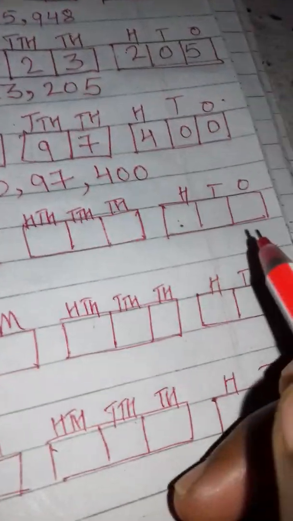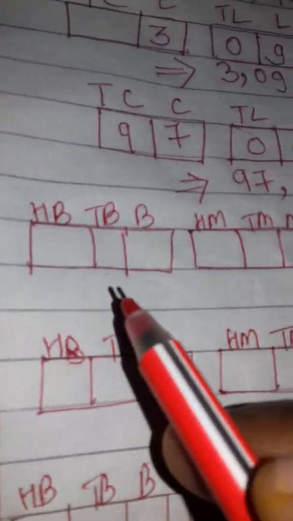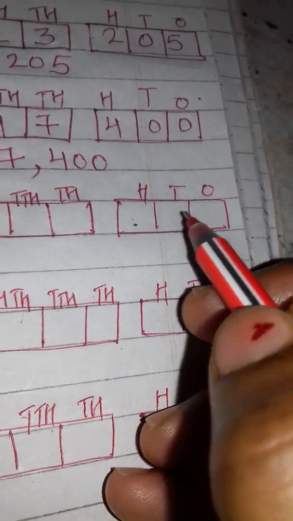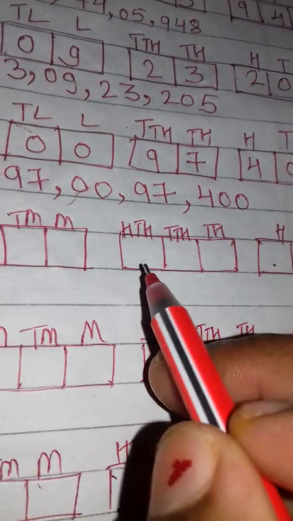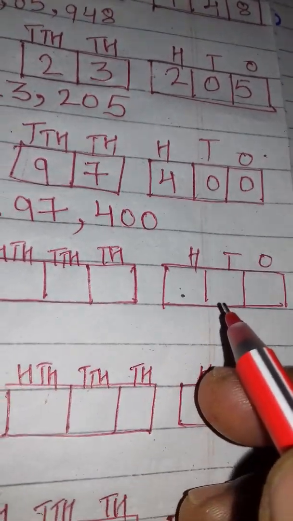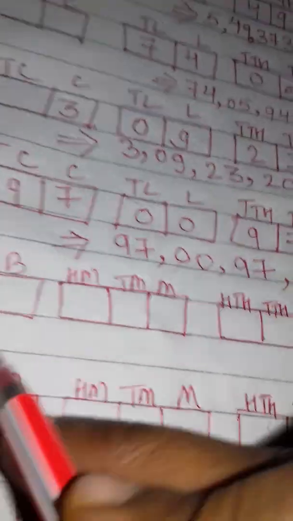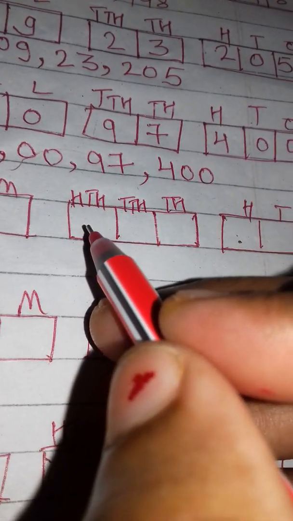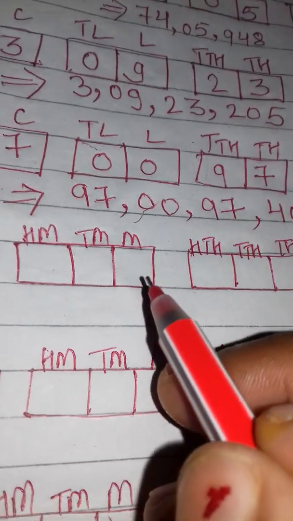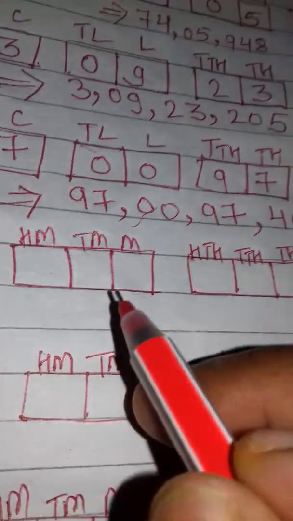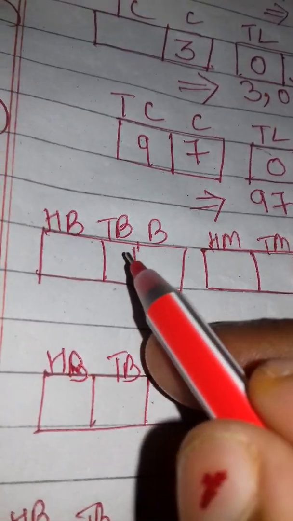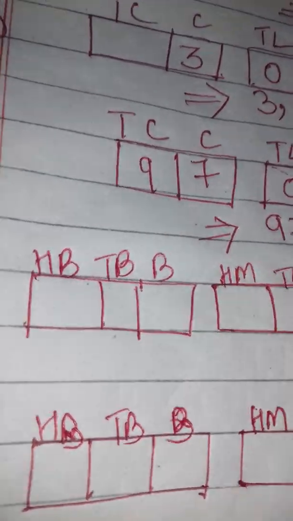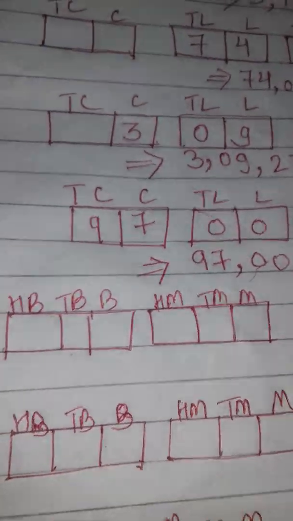Here you can see the period block I have made for this question. I have put three places in each period, as the International Place Value Chart shows. Ones, tens, hundreds in the ones period; 1,000, 10,000, 100,000 in the thousand period; million, 10 million, 100 million in the million period; and billion, 10 billion, 100 billion in the billion period. So let us see our question, what it is given.